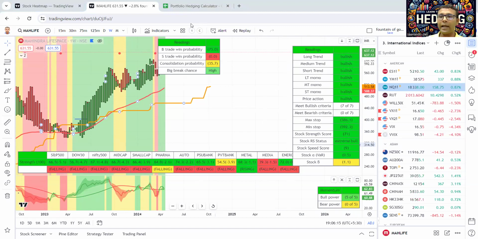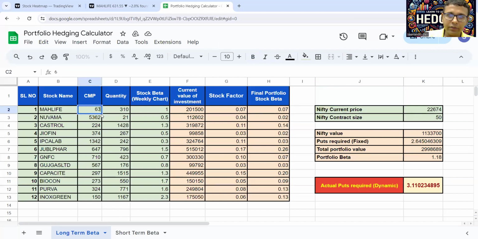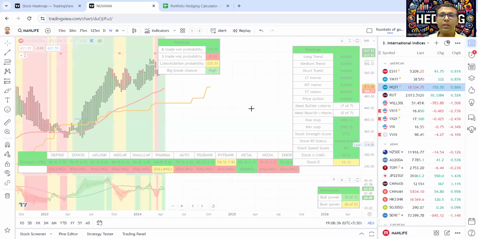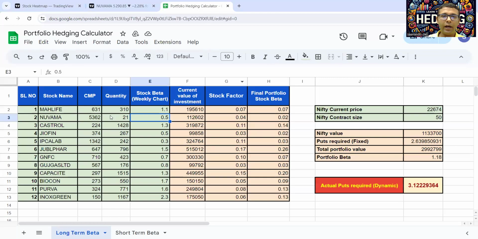So if we go for a static hedging of our portfolio, suppose let's put current market price at 631 and stock beta at 1.1. Next जो है that is Nuvama, Nuvama Wealth Management. Here I have a mark 5290 and a stock beta of 0.7. Sorry, 0.7. Then we have Castrol